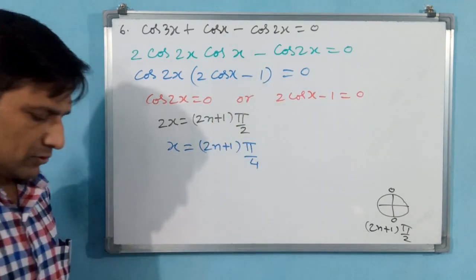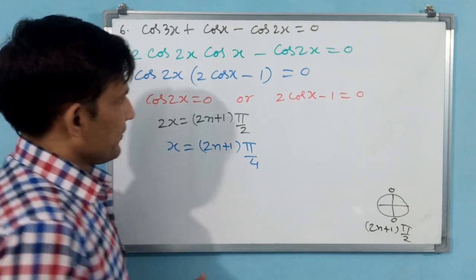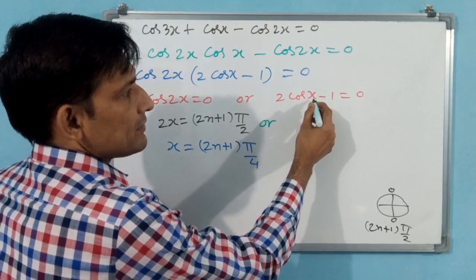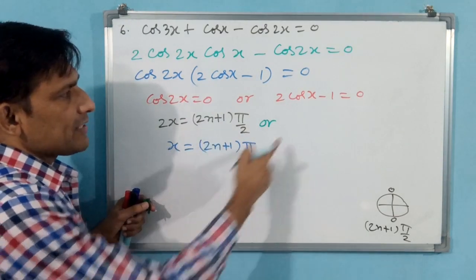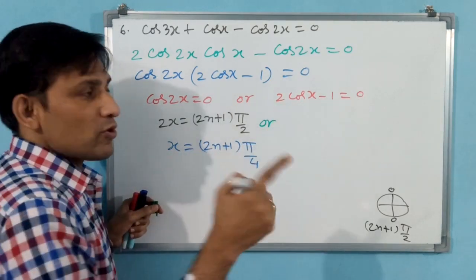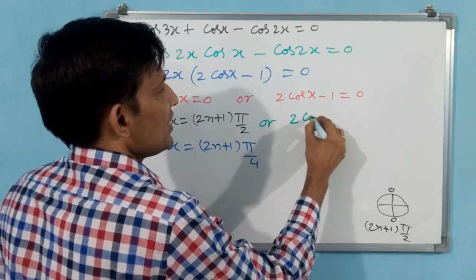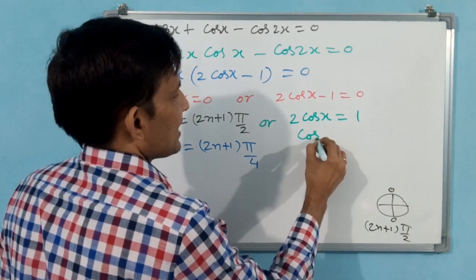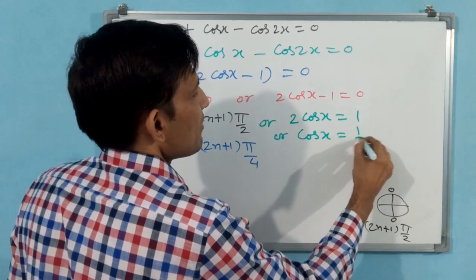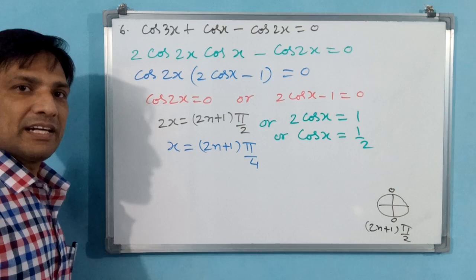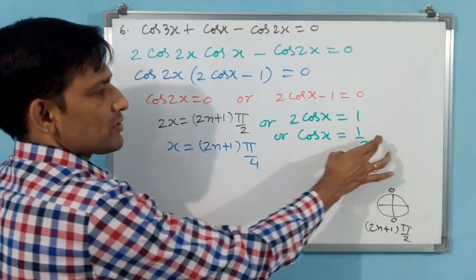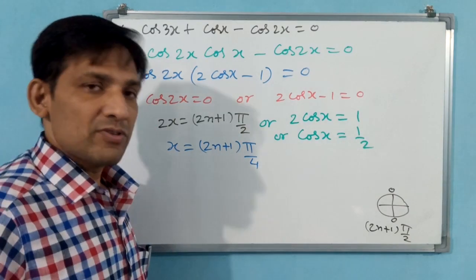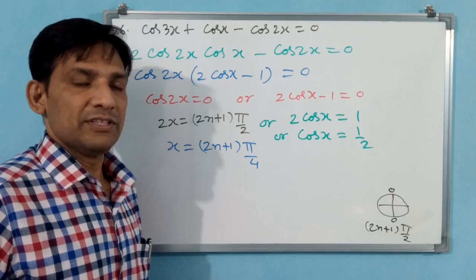Okay, now go this side also. Or, you keep 2 cos x minus 1. See, like this 2n plus 1 directly you cannot write here. Why? Because see, this is not 0. Appearing 0, but it is not 0. You see, 2 cos x is equal to 1. Cos x is equal to 1 by 2. You understand, na? That means cos x or cos 2x value, if 0 comes, means like that you can write. But here cos x value has come 1 by 2. 1 by 2 is not 0, then you have to go for general solution equation.